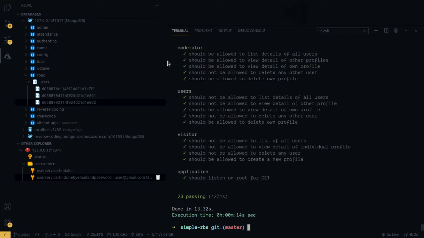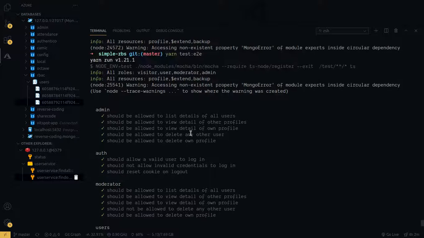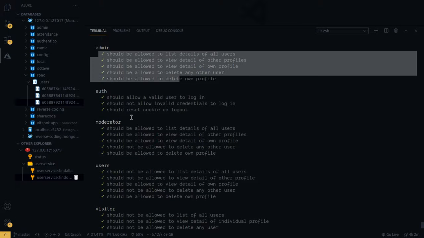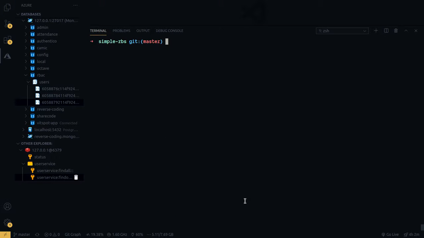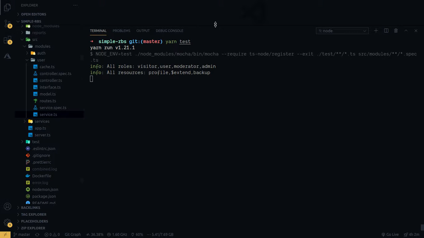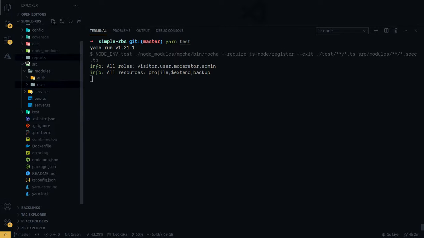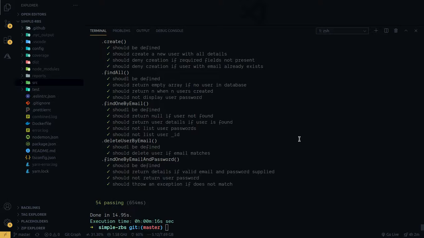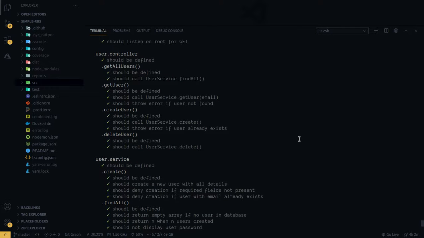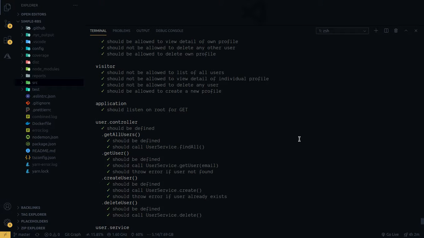Plus in the background, as you can see, all the tests have passed, and the rights of the admin, the moderator, the user, and the visitor are all done. So finally I run the entire test suite, that's yarn test, and it will basically run all the unit tests and all the end-to-end tests as well. That is all from my side, and I will be pushing small changes to the code base as and when I find time, and as and when I find new methods by which I can improve the code quality and the way it can be easily developed further.